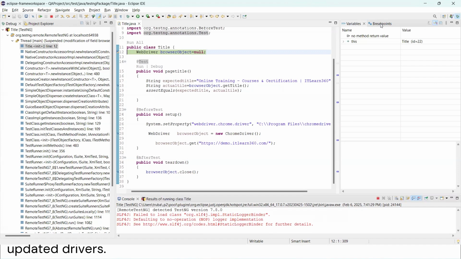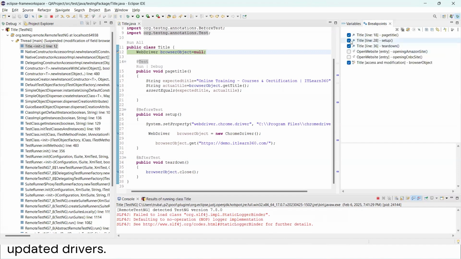As well as here, it's mentioned what breakpoints you have set. You have set 4 breakpoints. See, these 4 are ticked. One at page title, that is here. Next one at setup, and the next one at tear down, that's the last one. So at these 3 points, I guess you have set the breakpoints. Okay,